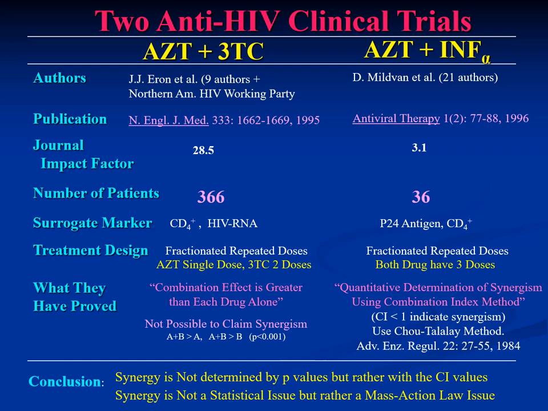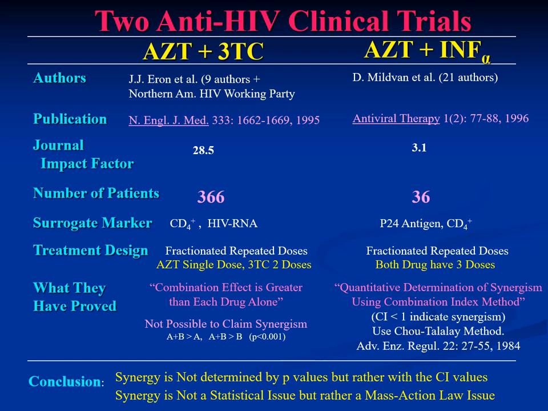However, AZT used only 1 dose and used a statistical p-value for conclusions. In another trial for AZT and interferon alpha, use the mass-action dynamic design and computer analysis